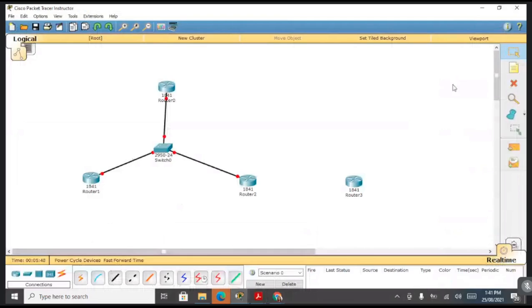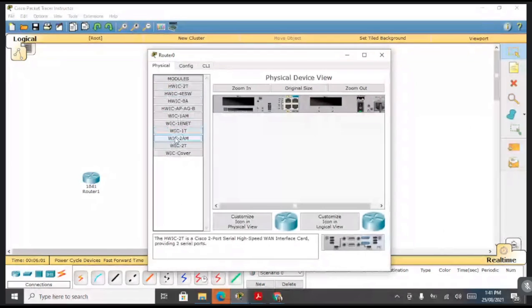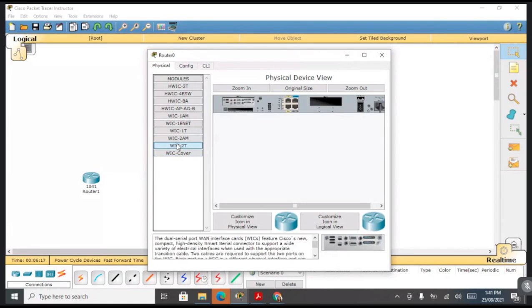So before making the connection, first we'll go to router 0 and WIC-2T, this one. Before placing this, you have to turn it off. Now the green color is not showing, that means the power is off. Then we have to place this module here, and after placing this module we have to turn the power on again.